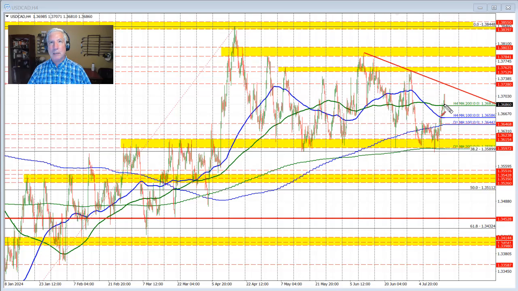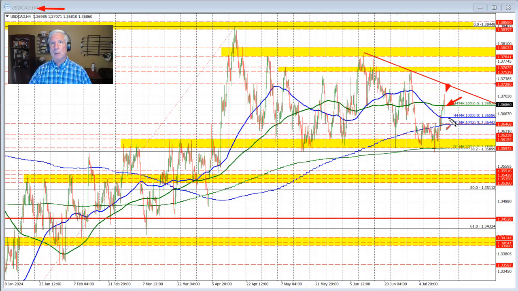to the upside. Indeed, that's what we see on this 4-hour chart: the price did move higher after that data, and we moved up toward the 137, maybe a little bit above that level. But we have since rotated back to the downside. We currently trade right above this 200 bar moving average of the 4-hour chart at 1.3683. The reason is, there are a lot of things other than two pieces of economic data, or even a third piece, the Bank of Canada rate decision.